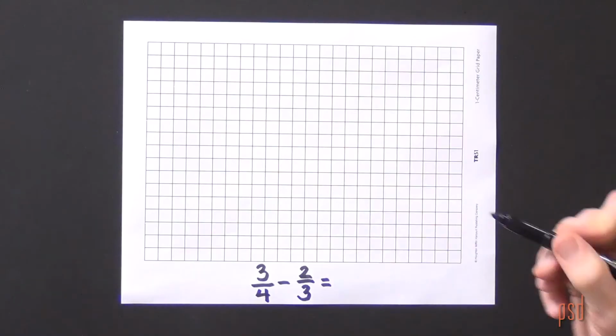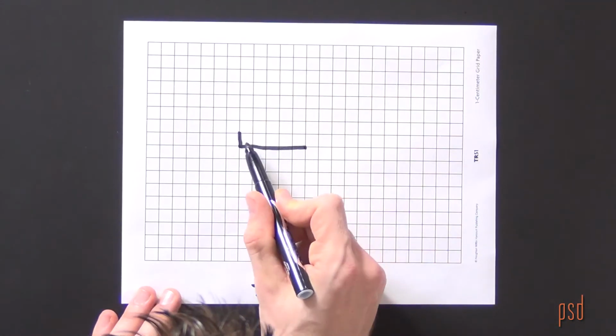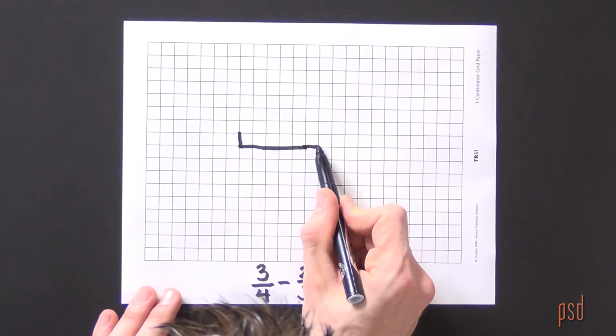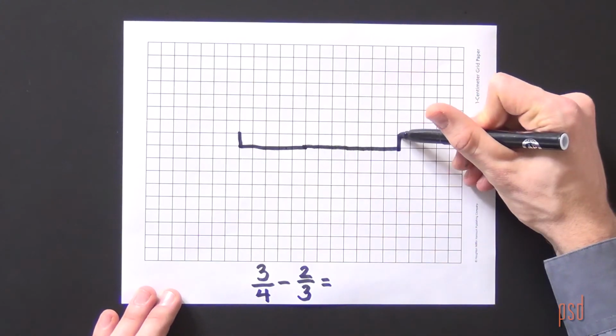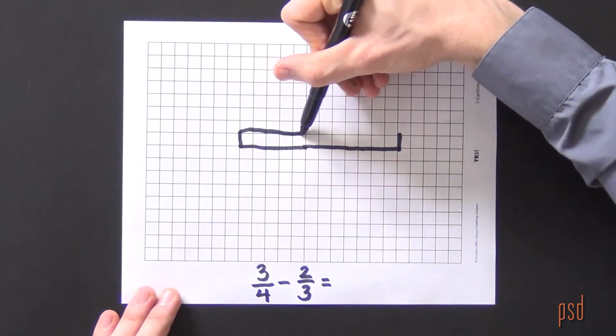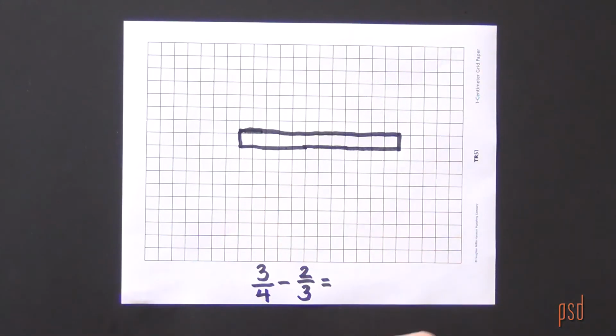They need to represent a whole on their graph paper and know that it can be divided by 4 as well as by 3. This will take some time for the students to figure out, and it's fine to allow them to make many mistakes. I know, though, that if I create a whole that is 12 long, 1, 2, 3, 4, 5, 6, 7, 8, 9, 10, 11, 12, if I represent 1 cup of sugar using 12 boxes, that I can show both